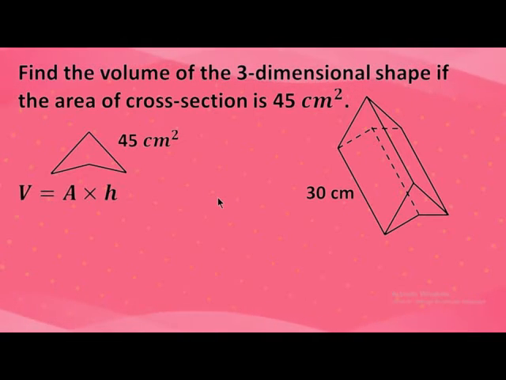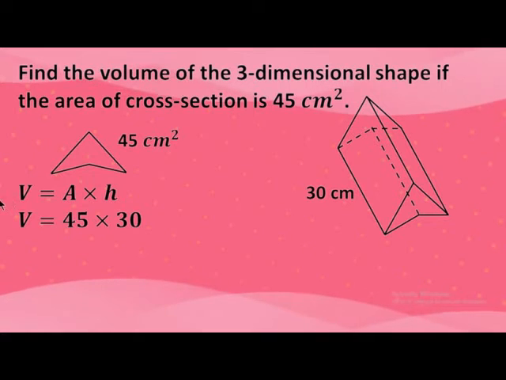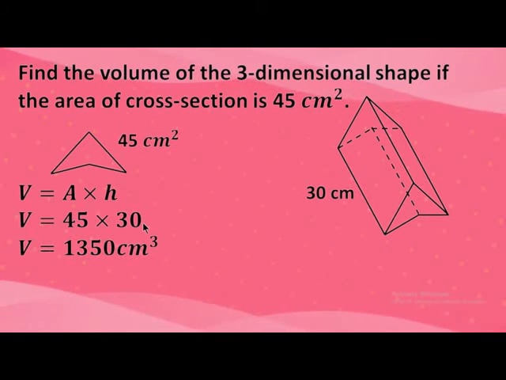And you know that the volume of a prism is the area of a cross-section times the height. This is the height, 30 centimeter. This is easier than the previous example. We just need to substitute these numbers into this formula. So the volume of the prism equals 45 multiplied by 30. So the volume of the prism is